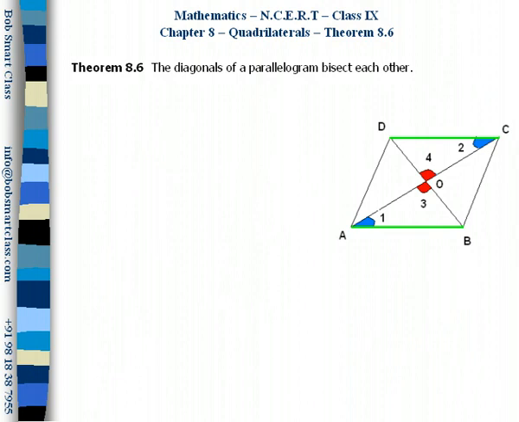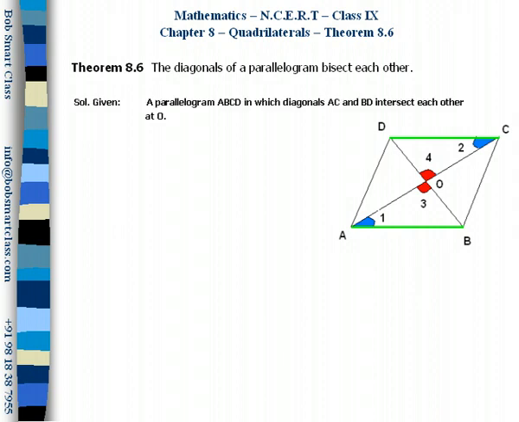Next theorem is 8.6. Diagonals of a parallelogram bisect each other. Solution given. A parallelogram ABCD in which diagonals AC and BD intersect each other at point O. We have to prove OA equals OC and OB equals OD. Now let's try to prove it. In triangle AOB and triangle COD, we have